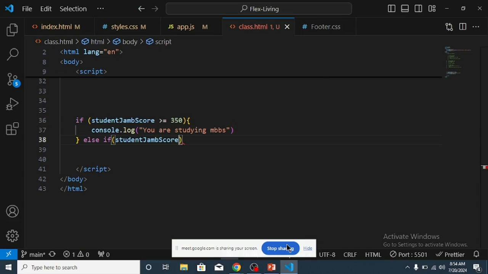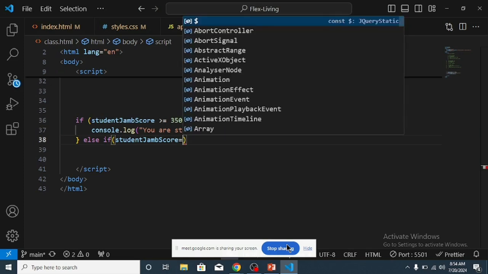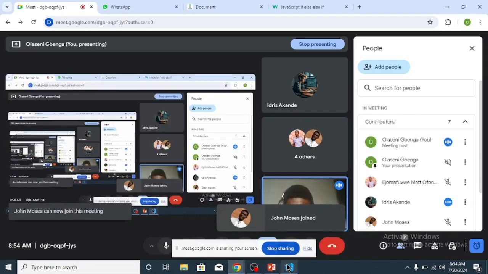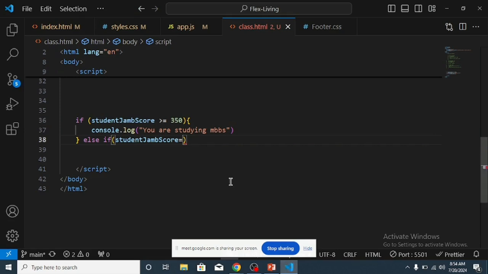Okay, if jam score is equal to or greater than 300, if jam score is equal to 300 or greater than 300, if jam score is greater than or equal to 300,